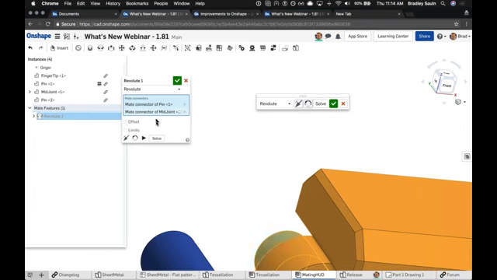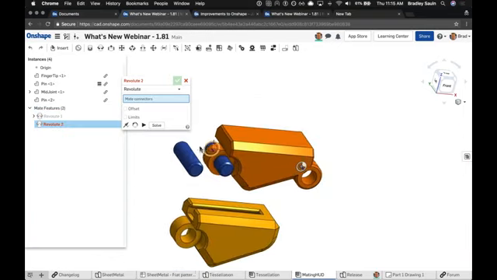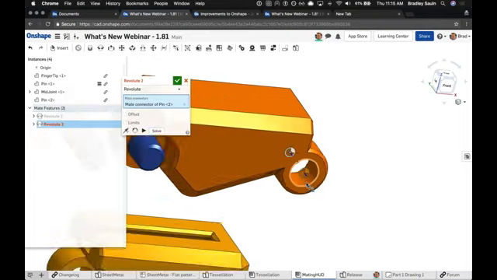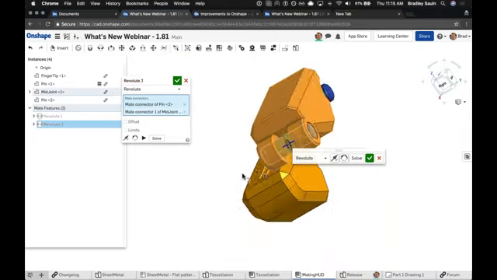So I'm not traveling all the way back over to this main dialog. So I can very quickly come in here, change the mate type if I want to, take a look and inspect the model, make sure it's exactly how I envision it. That looks about right. And then choose to actually complete this and start a new mate dialog. So instead of having to hit Shift Enter, which will still work as a hotkey to both complete this action and open up the same mate dialog, I now have a nice, quick, easy checkbox that'll do the same thing. So I can very, very quickly now start to come in and move through in a mating structure to my design